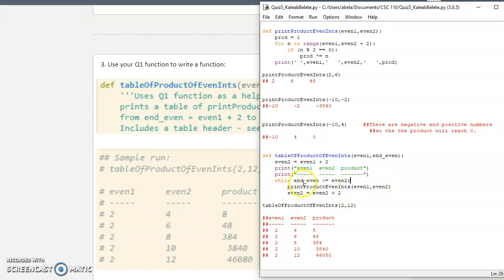Then we say while even2 is less than or equal to endEven, it means that even2 is smaller than endEven, but even2 becomes even1 plus 2, then plus 2 again, until even2 is equal to endEven. After we set that, we use the given